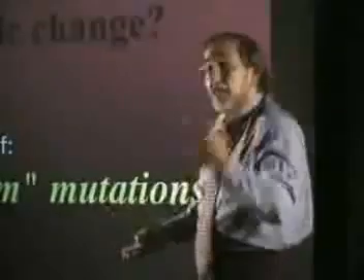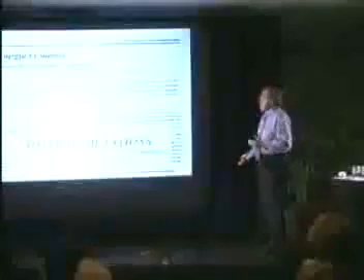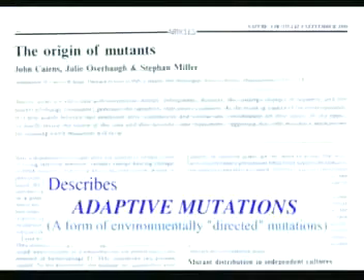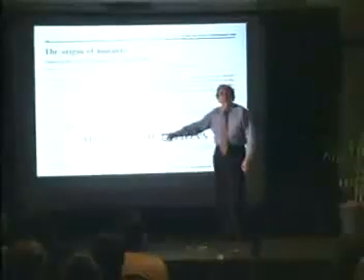That's conventional belief. Except in 1988, this paper comes out in Nature by a man called John Cairns, and it changes the entire foundation of biology that we've ever held, for the following reason. He tells us about a new kind of mutation called an adaptive mutation. The point about this mutation? That the genes are not changing randomly, but the environment is controlling the mutation. So that you're always adjusting your genes to